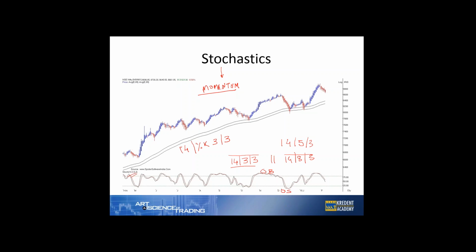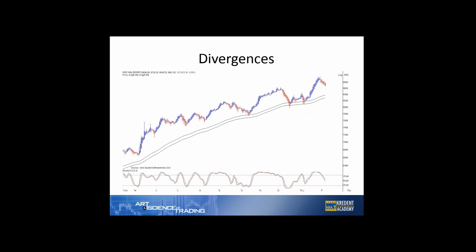Within the limited period of this webinar, where I'm talking about a sneak peek of this entire art and science of trading course, I'll limit myself to how to use one. So Manish, let's see how to use a stochastic quite effectively. What stochastic essentially does is calculate the momentum of price moves. When prices are moving up, it tends to move up as well and stay in the overbought zone. When prices come down and move into a downtrend, they tend to come into the oversold zone. Having said that, the most important way to look at stochastics is the divergence.